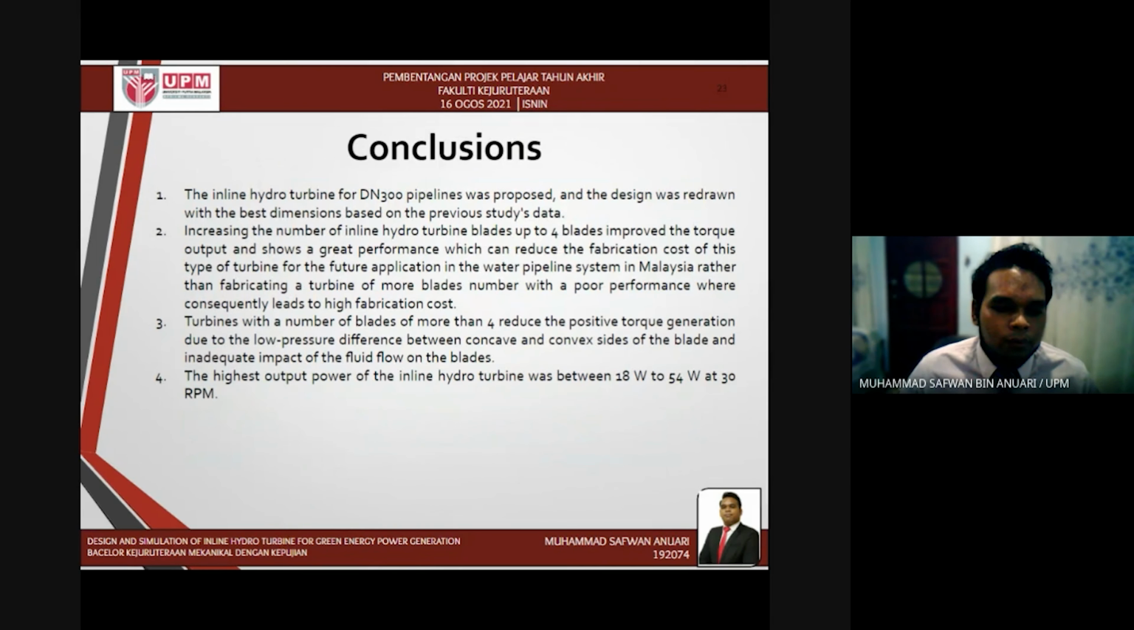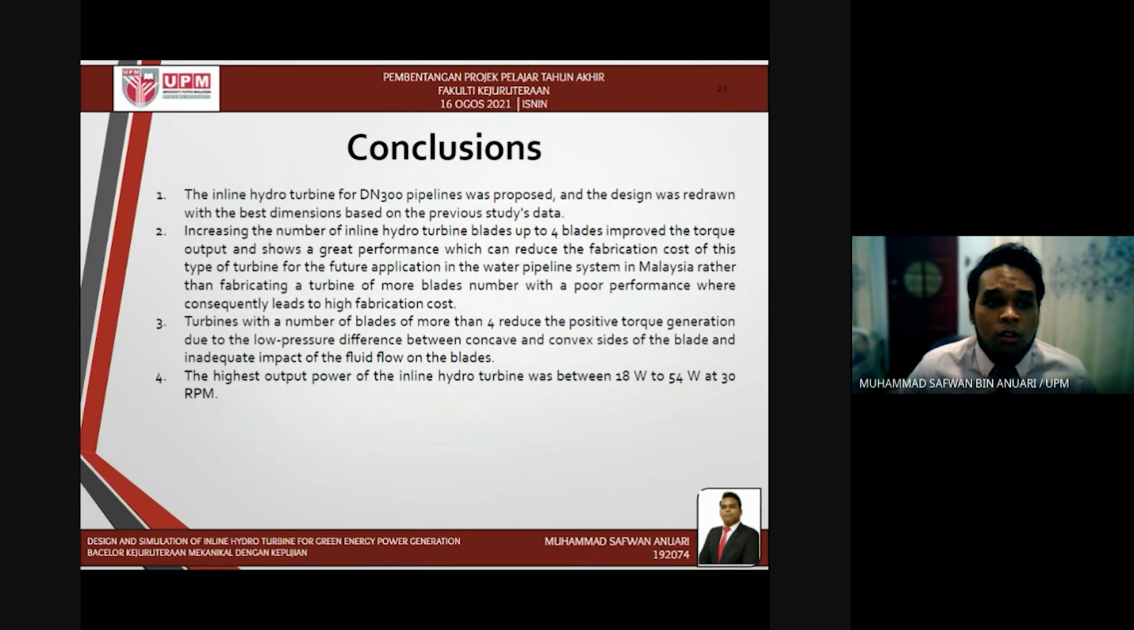In conclusion, the inline turbine for the N300 pipe of 9 cm was proposed, and the design was developed with the best dimensions based on the previous study data. Secondly, increasing the number of inline turbine blades up to 4 blades improves the torque output and shows great performance, which can reduce the fabrication cost of this type of turbine for future application in the water pipeline system in Malaysia, rather than fabricating a turbine with more blades and poor performance, which consequently leads